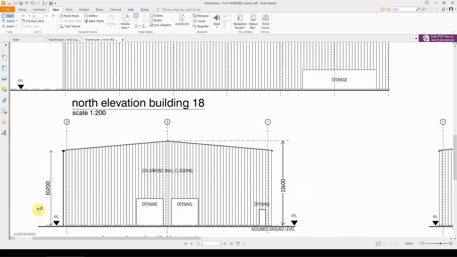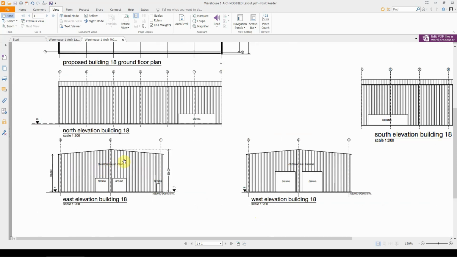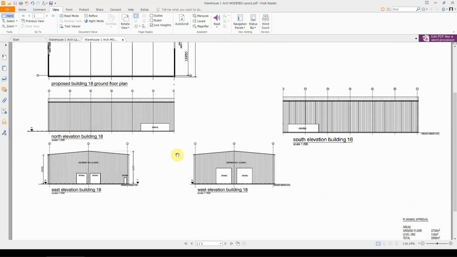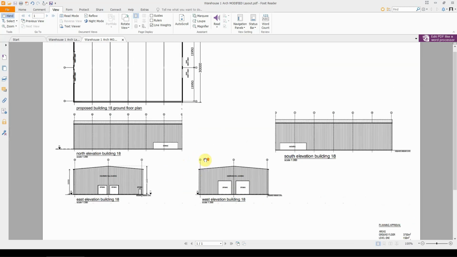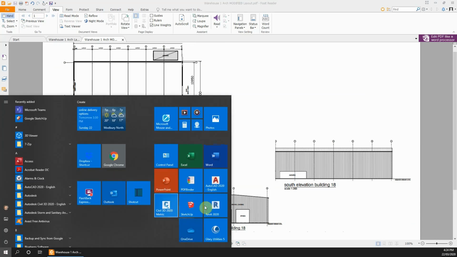So if I look at the short elevation, we have the eave line at 10 meters and 200 millimeters high from the floor level. And we have the apex line, which is the ridge line or the ridge point, at 11.6 meters from the floor level. That will give us enough information. These are the architectural layouts, usually prepared by the architect for us, and this will give us enough information to start our design. So if I just go to Revit,